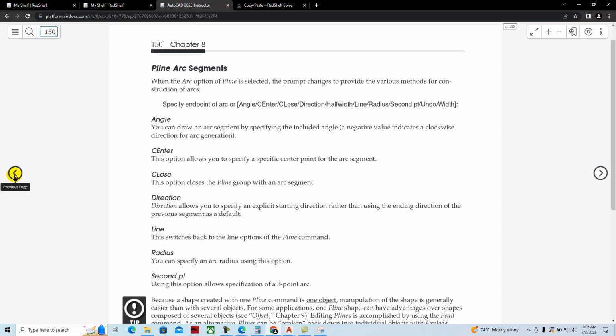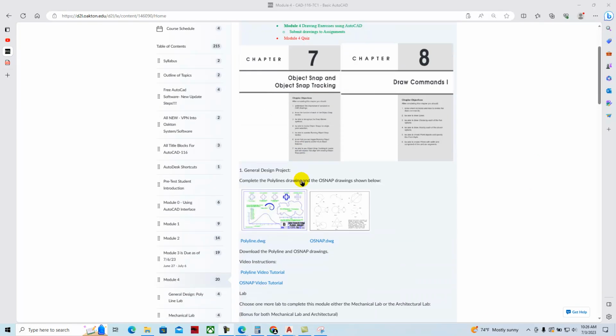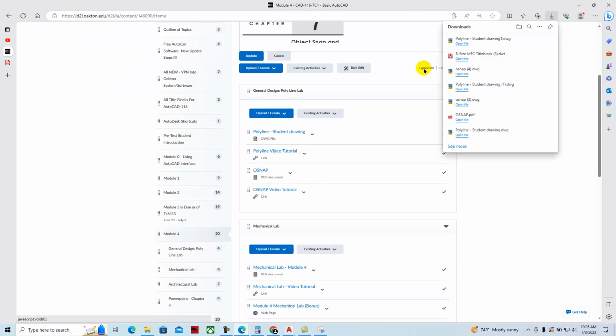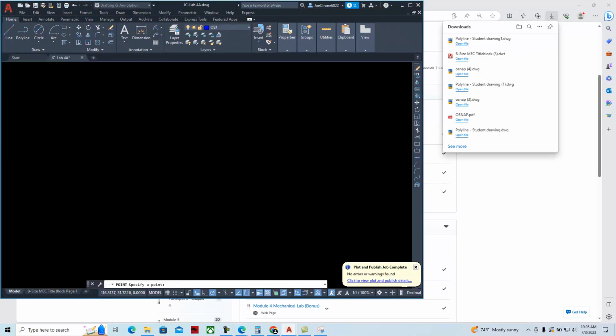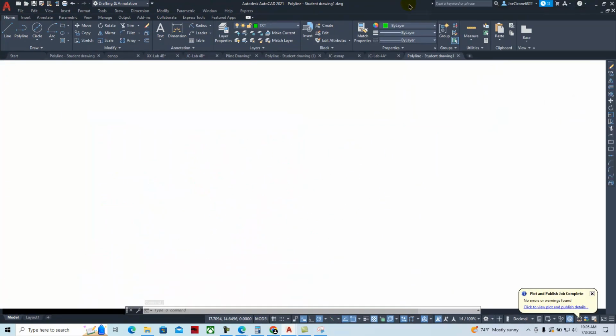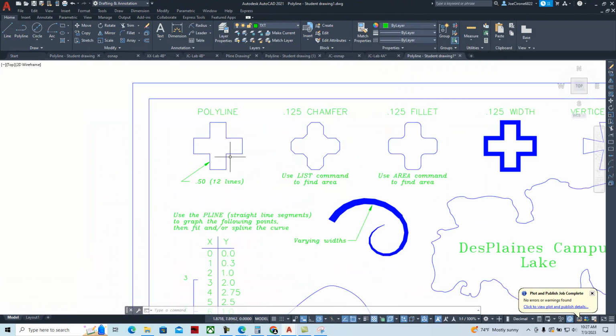And then we have these different chapter exercises. If we look at the D2L and we look at our polylines exercise, we have this polyline drawing right here, and you can download the polyline drawing by clicking on it and opening it. We've given you the drawing, and what we want you to do is to reproduce the drawing itself. And here's an example of a polyline right here of this